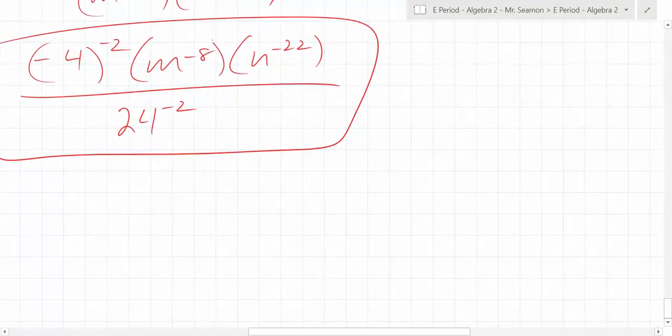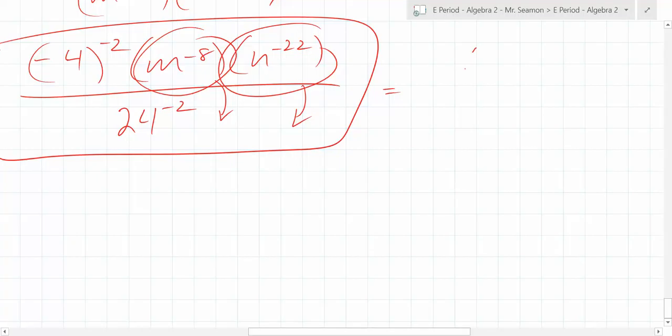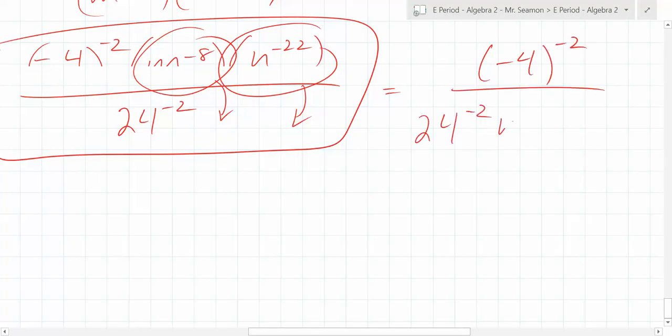What can you do with this right here? Where can you put it? And what can you do with this? So what does this become? Oh, what is negative 4 times negative 4? Okay, but let's just do what I said first and not try to do too much. You have this, 24 to the negative 2, and now we have m to the 8, n to the